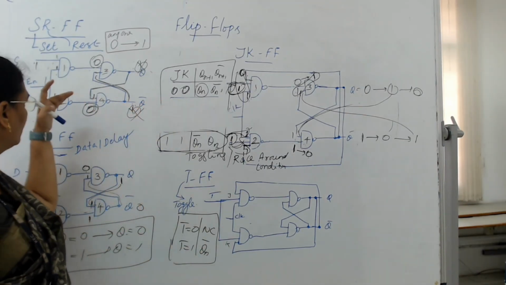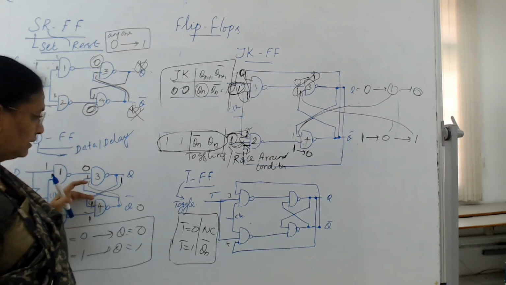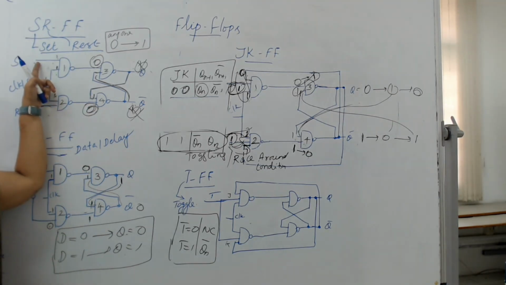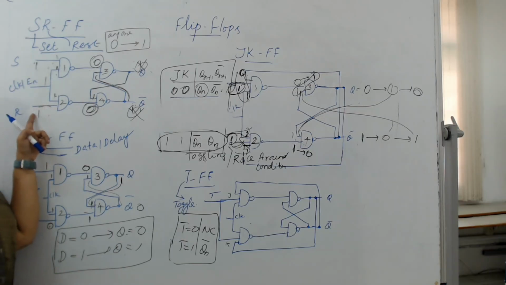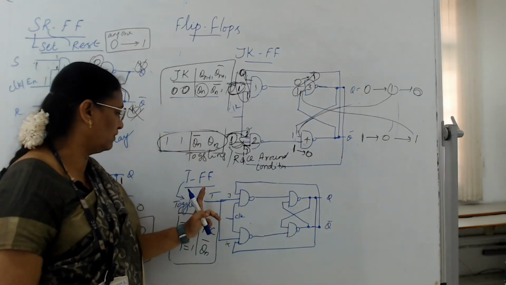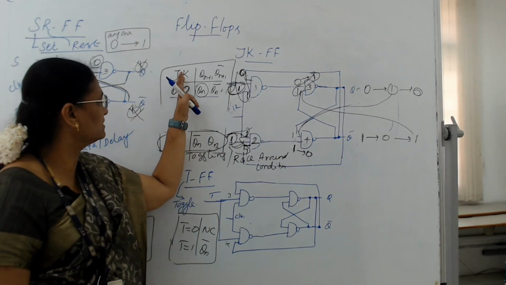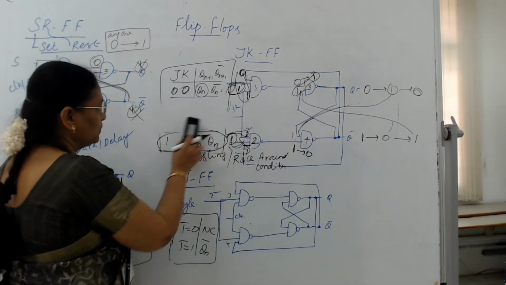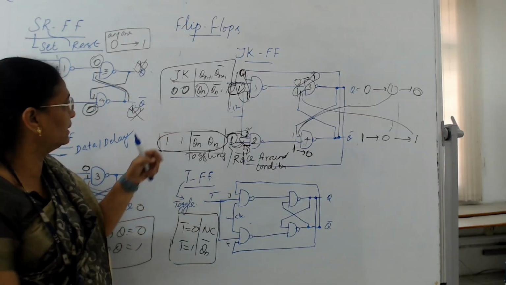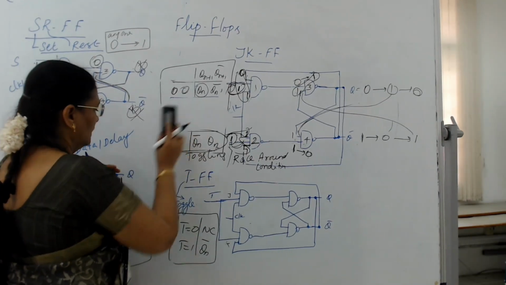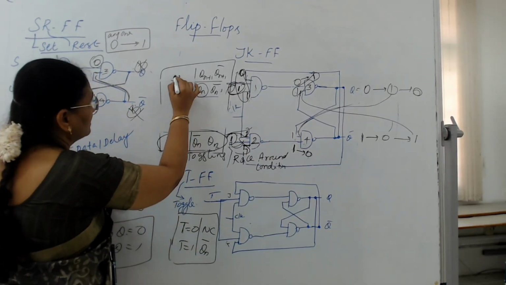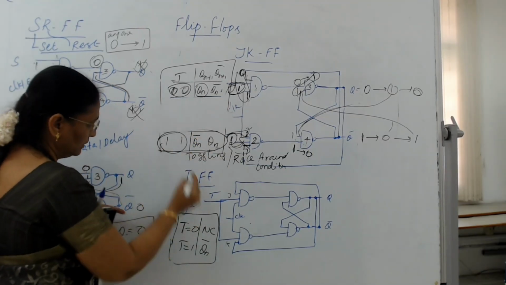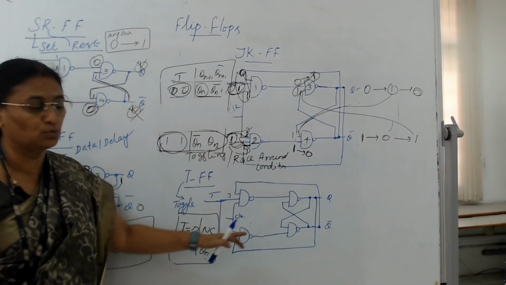So we can convert the SR flip-flop into a D flip-flop by just inverting S to R, and the JK flip-flop into a T flip-flop just by combining J and K together. So it will become a T flip-flop. The in-between cases will not come in the case of the T flip-flop, only one input. So here it is T, only one input T is given. If T is 0, then no change in the output. If T is 1, then it has to be complemented. This is what the toggle flip-flop is.